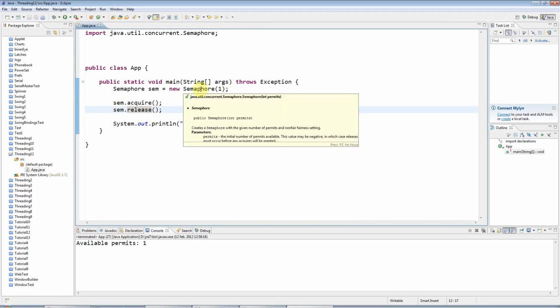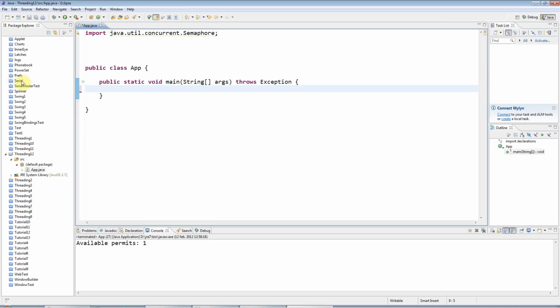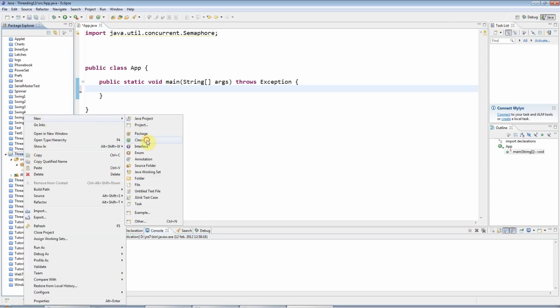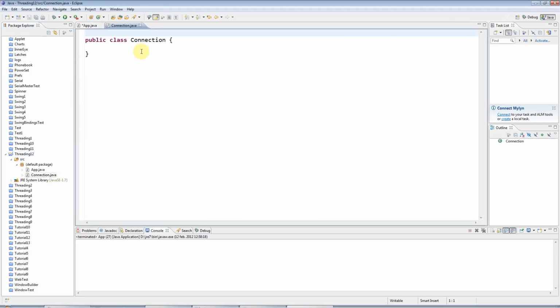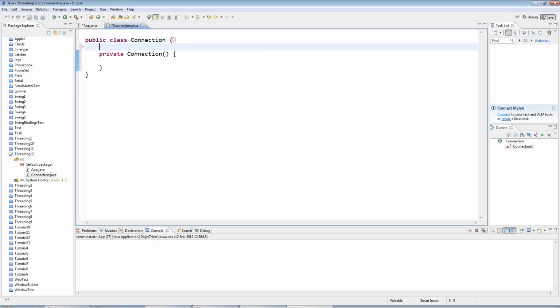Now, what semaphores are usually used for is to control access to some resource. So let's say you have, well, let's start coding that and see how it would look. What I'll do is I will create a connection object here. Let's call it connection, like this, and I'll make this a singleton. So I'll make the constructor private connection, like that, and I'll give the class an instance of itself, so private static